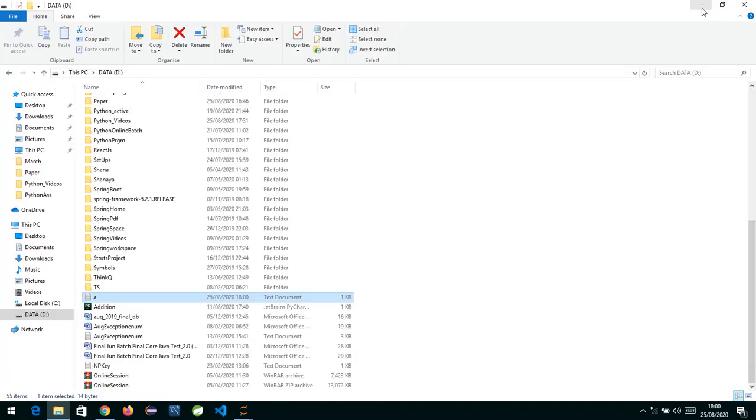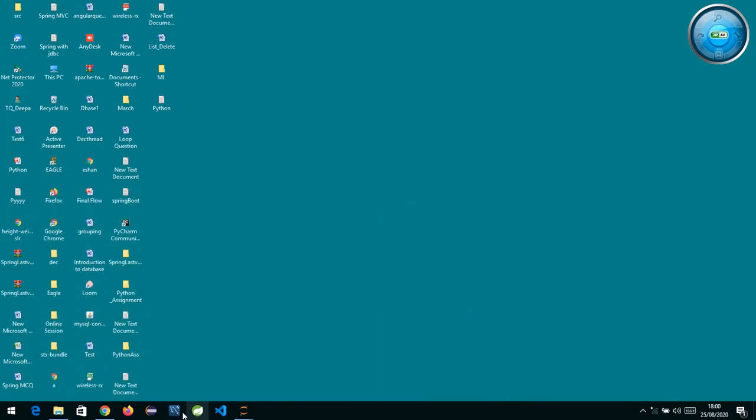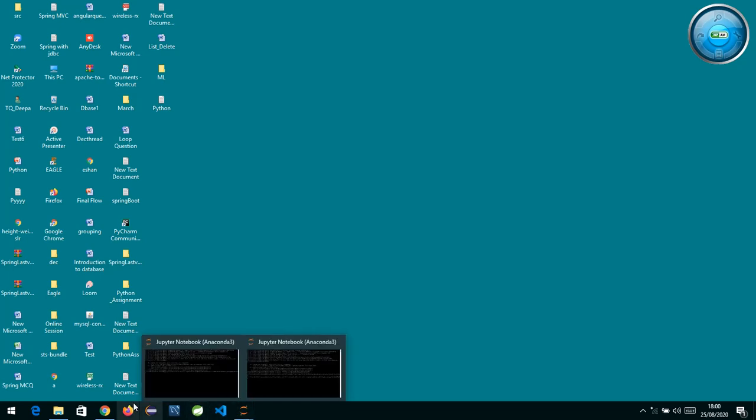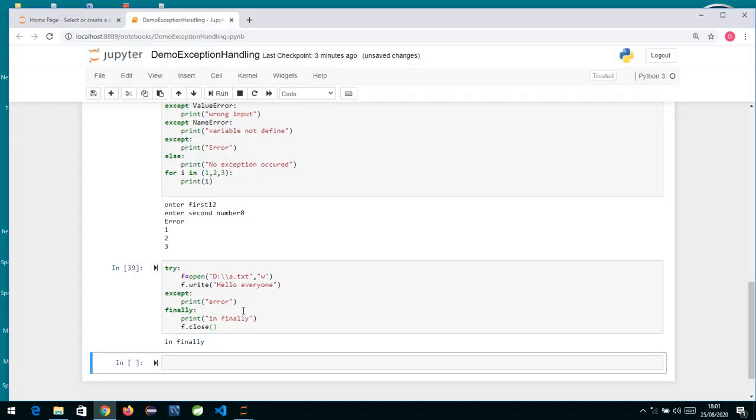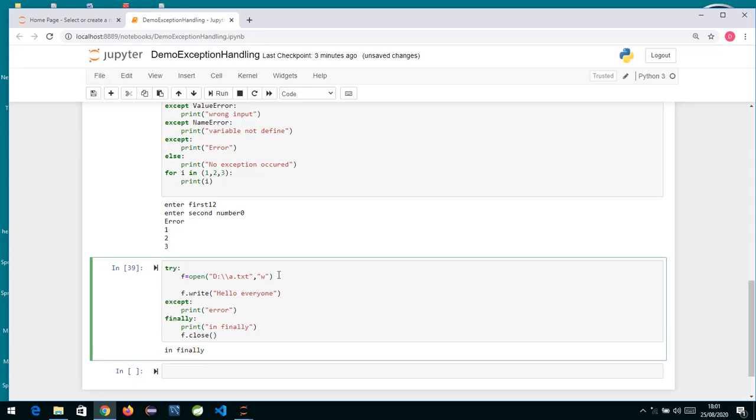Now suppose we are opening a file over here. Suppose it has gone in the finally block. Now if you see over here, the code was executed successfully, and after that it has gone in the finally block and created the file. Now instead of a, I just put a comment over here. What we'll do is we'll create one more file. F1 is equal to open, and I write open from D colon such a file which is not there. Suppose there is a file called b.txt. Now there is no file in my D drive called b.txt.